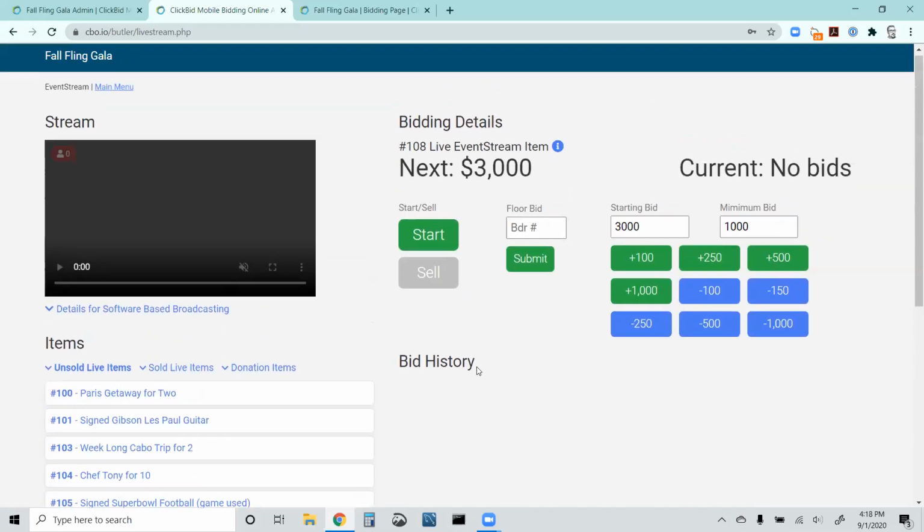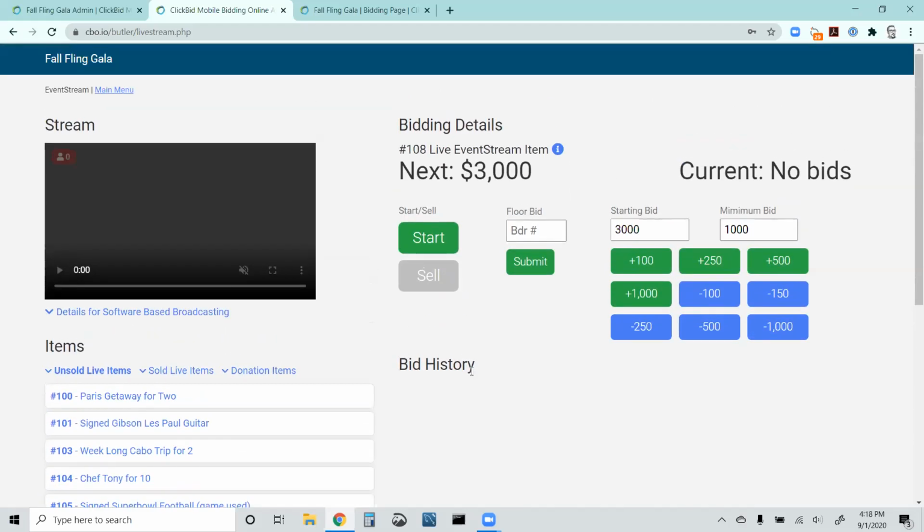Nobody's bid on anything, but the auctioneer's talking it up. They don't want people to start bidding yet, they just want to talk the item up. Folks, this is a great live event stream item. It comes with airfare for 2,